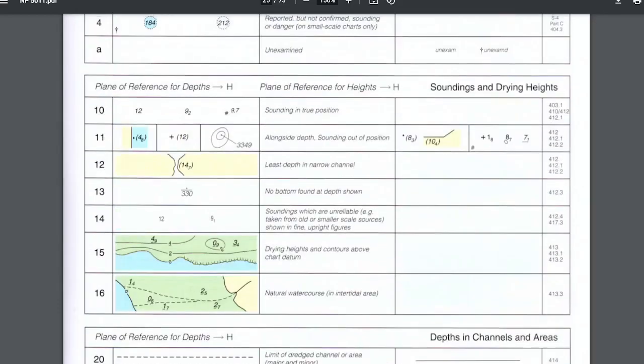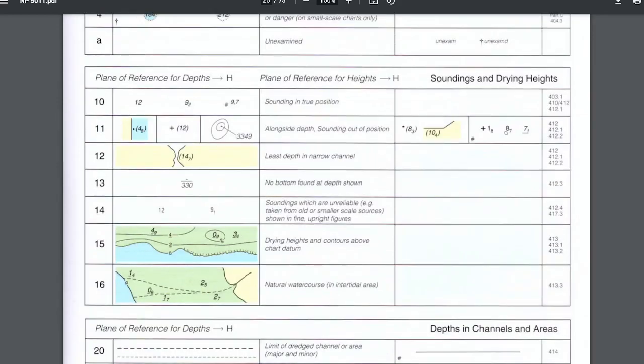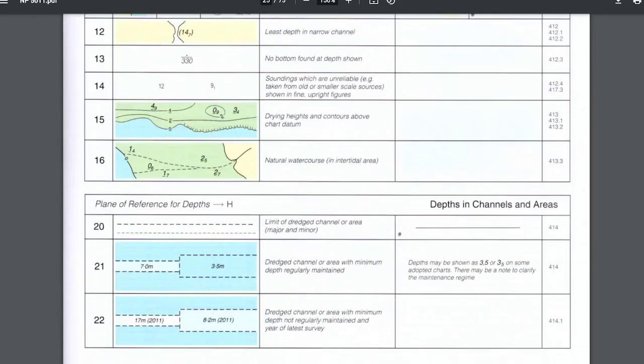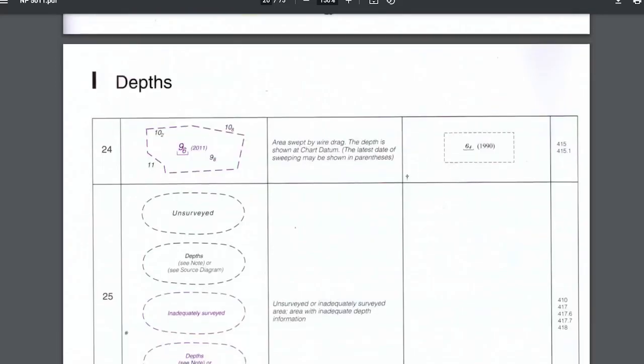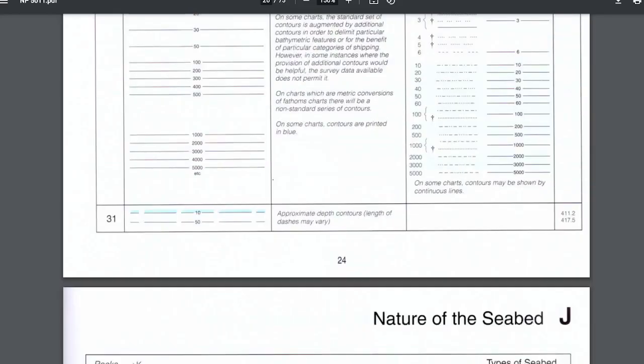The soundings and drying heights. Drying height, as we discussed, is the height at which that particular obstruction will be exposed above the water level. Depths, these are important. These symbols are pretty common in the exams. Depth contours,